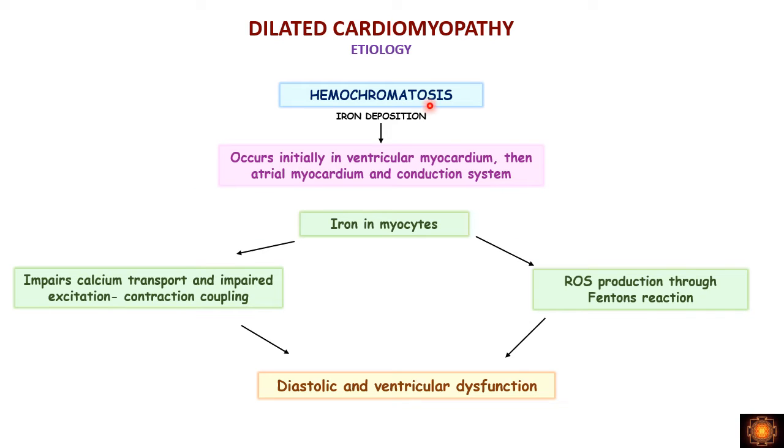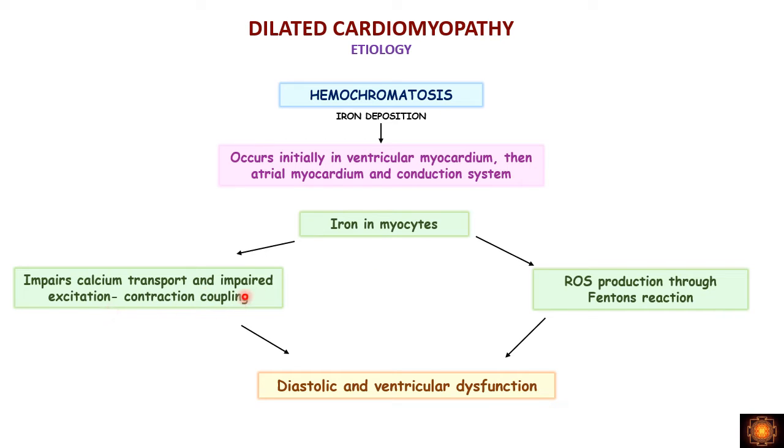Then hemochromatosis, in which iron absorption is increased. In this condition, we have iron deposition in different organs. In the heart, initially this occurs in the ventricular myocardium, then in the atrium, and then in the conduction system. Iron in the myocytes impairs calcium transport and